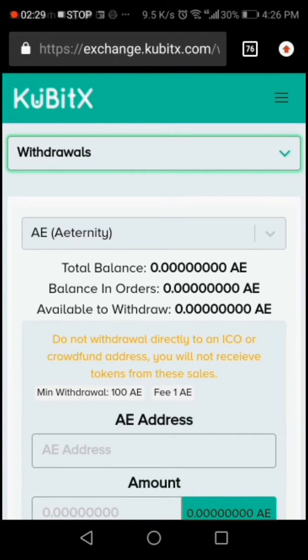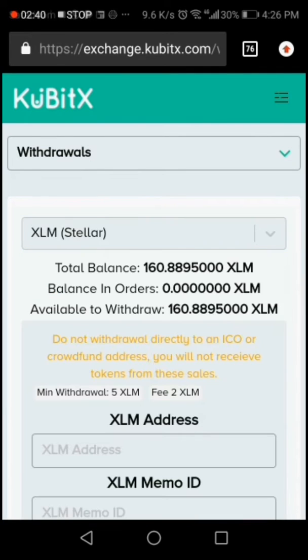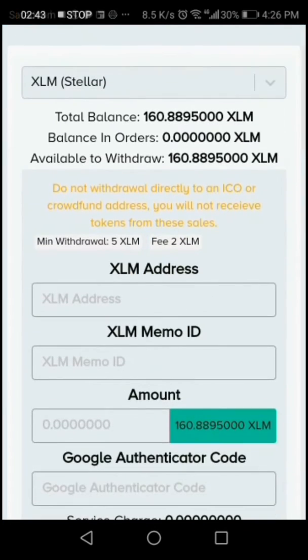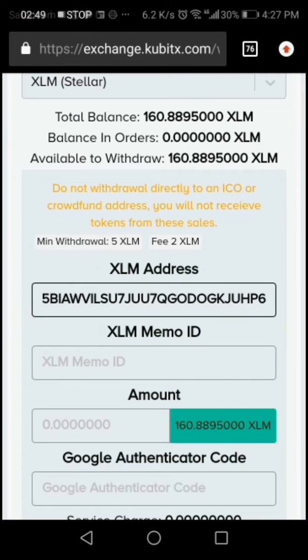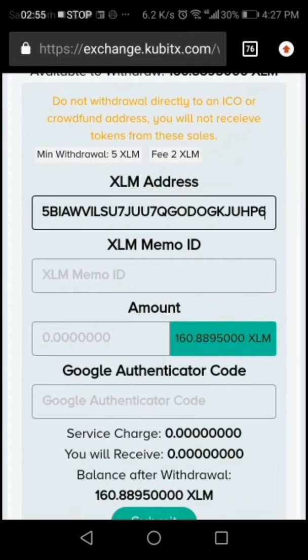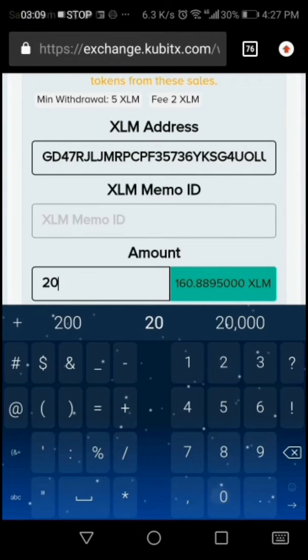Once that is done, select the token that you like to deposit or withdraw. In this case, now that we're conducting a withdrawal, we'll select XLM or Stellar. Under XLM address, paste the wallet address from your KuBitX Pro. In this case, we will not be inputting any XLM memo ID since it was not provided on the KuBitX Pro account. Then we will feed the amount of XLM we would like to withdraw,